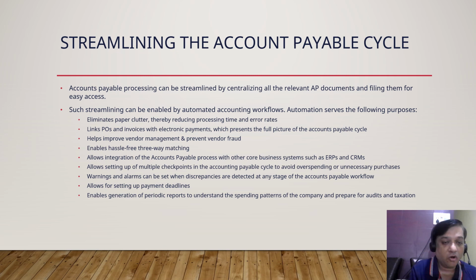So automation will serve the following purposes: eliminate paper clutter, reduce processing time and error rates, link POs and invoices with electronic payments, help improve vendor management and prevent vendor fraud, enable hassle-free three-way matching, allow integration of the accounts payable process with other core business systems such as ERP and CRM,